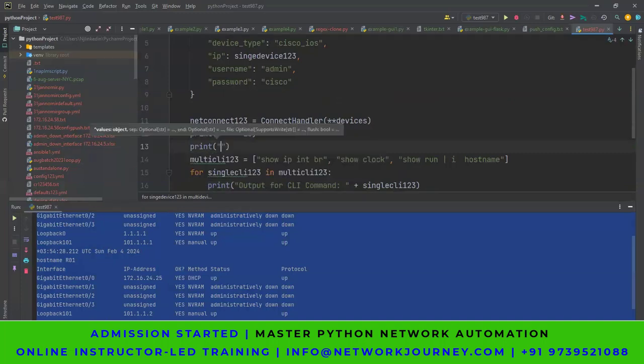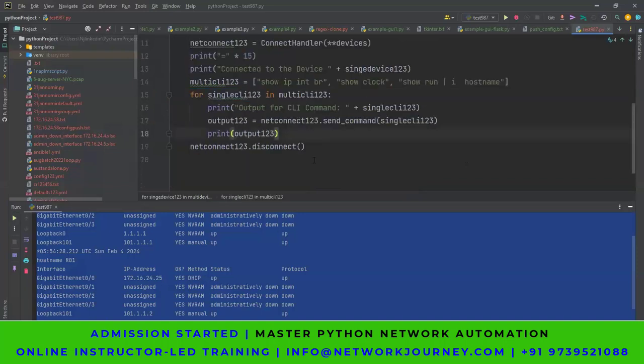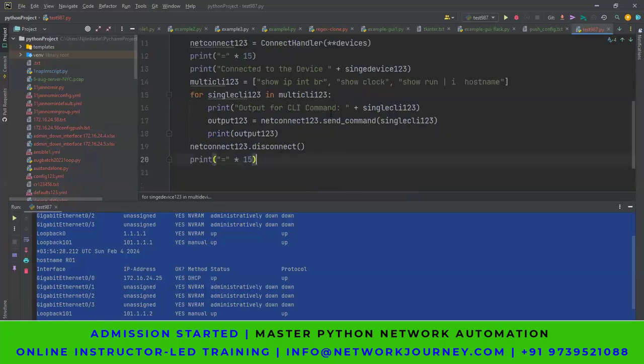Let's say then connected to the device, and then basically you can mention so and so here. That means it's a banner which will say that it connected to this. And once the job is done, you can take a final banner as well that it is either disconnected and so and so. So if I run this as of now,